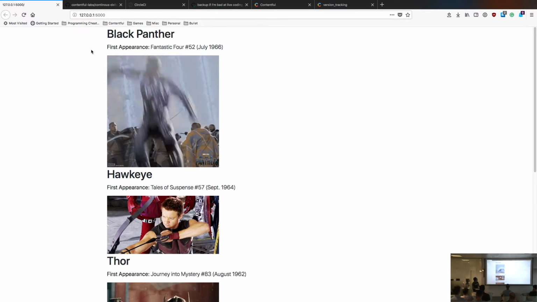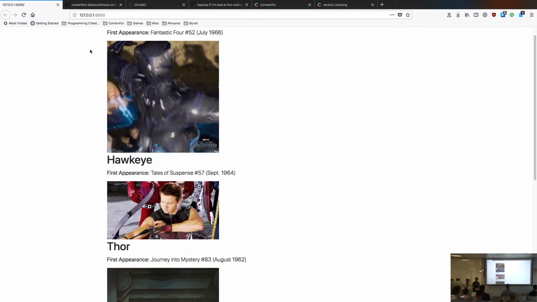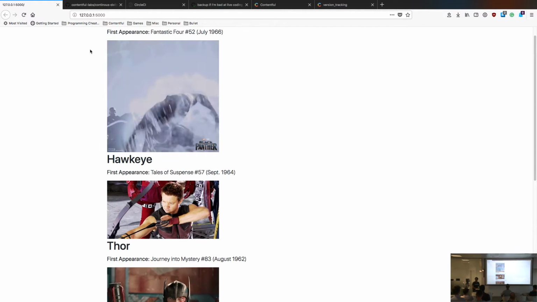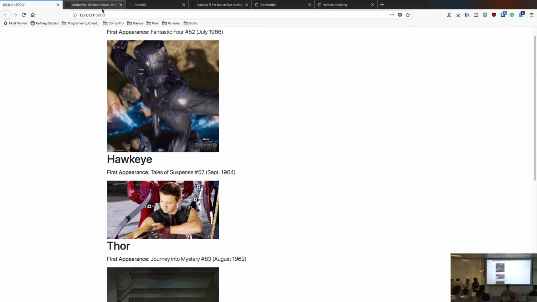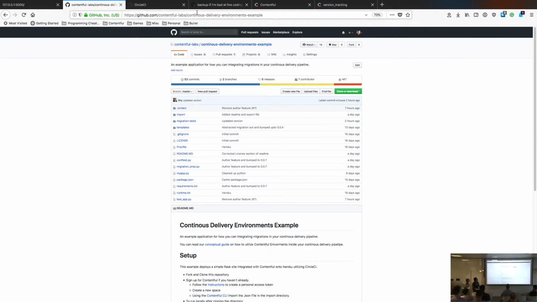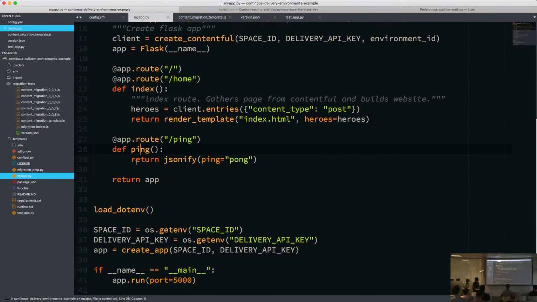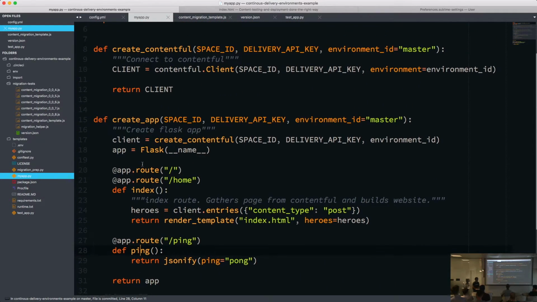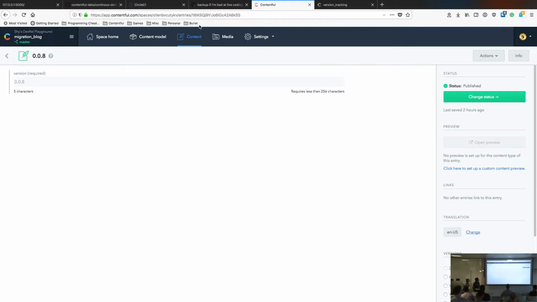But for demonstration's sake, let's say I also want to track who the original author that made the comic hero is. So what I'm going to do is go over to my repo. This is just a simple Python site. You can see there's the Flask code. It uses Contentful to get all of the stuff. And then over on Contentful, I can pull up